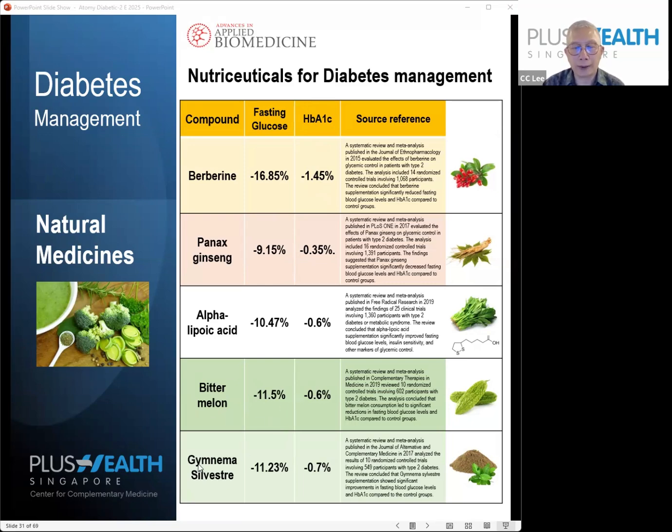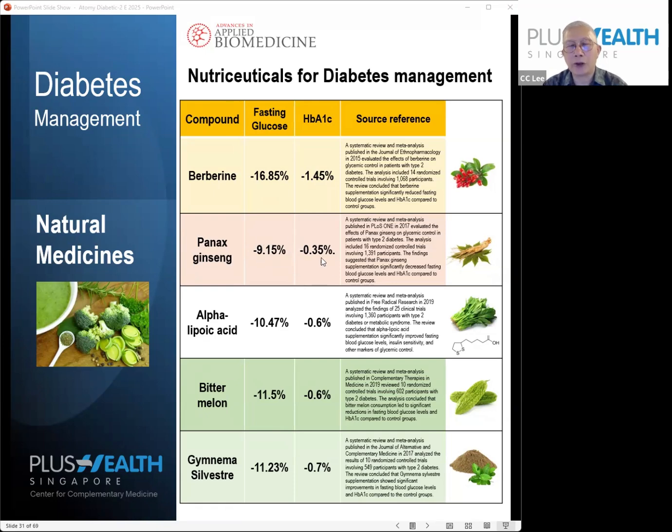And then followed by Gymnema sylvestre. This is an Ayurvedic herb from India, a very popular one. Both are effective for diabetic management. Then followed by alpha lipoic acid, which is commonly found in a lot of greens and vegetables, as well as in organ meats, right? Then followed by ginseng. Ginseng is the least